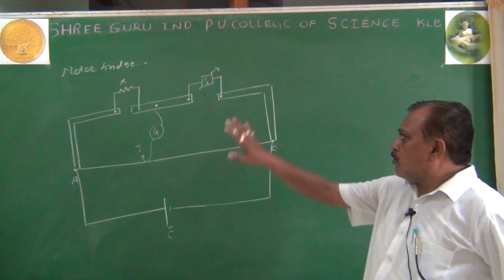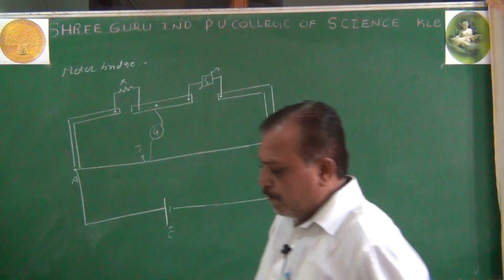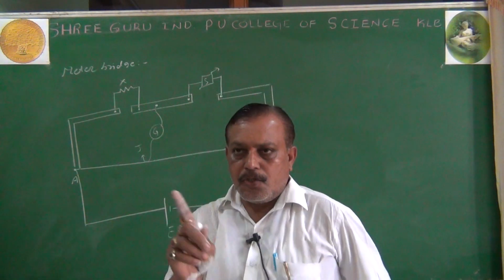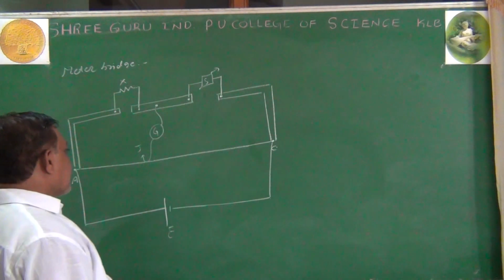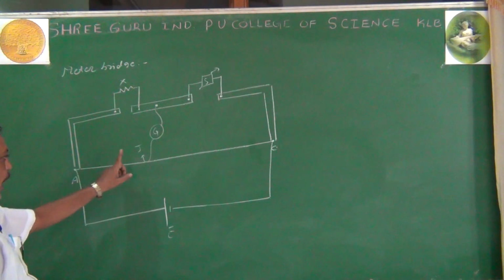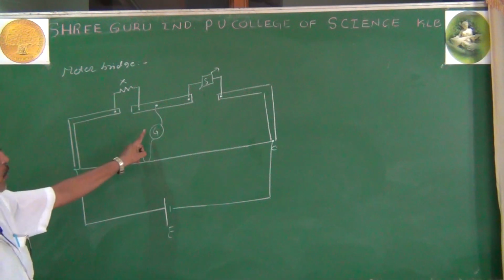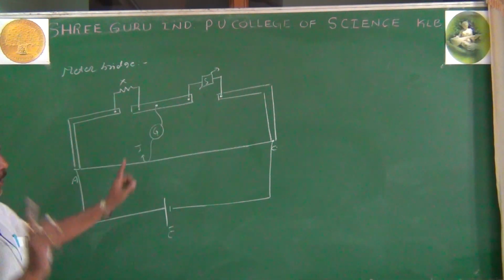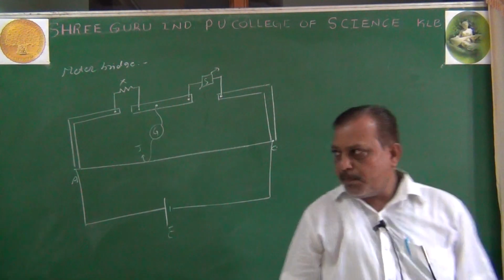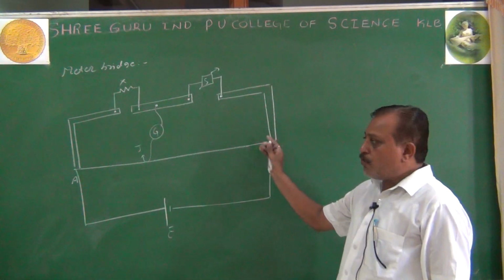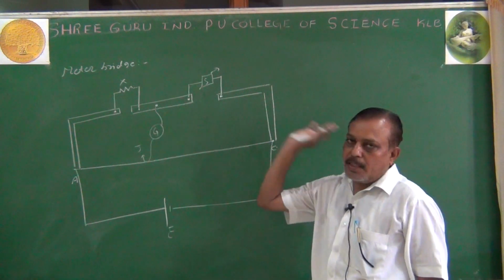After giving almost all the connections, how do we check whether our connection is right or wrong? The galvanometer has a pointer. It shows the deflection on both sides, right side as well as left side. To check whether my circuit connection is correct or not, I take the jockey and place it at point A. Then the galvanometer must show the deflection on one side. If I place the jockey at C, then the deflection should be on the other side. If I get the opposite side deflection, then my circuit is correct.